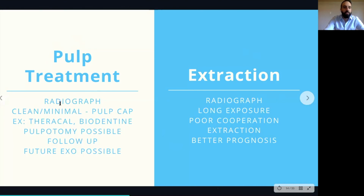All right, so what we'll do first is we'll take that radiograph, rule out any other injury, and I'll take a sodium hypochlorite with a cotton pellet and simply clean the area. Once I've cleaned the area,